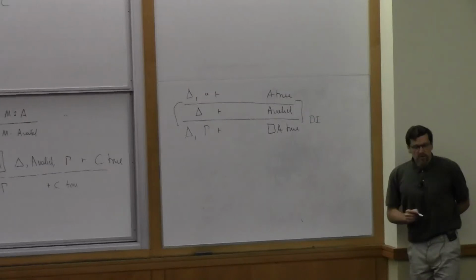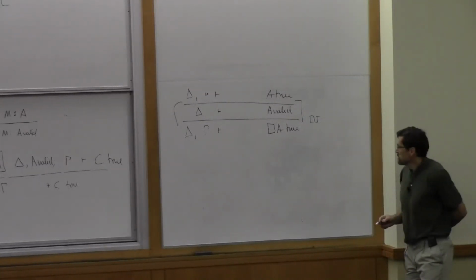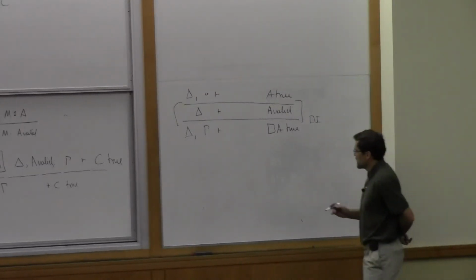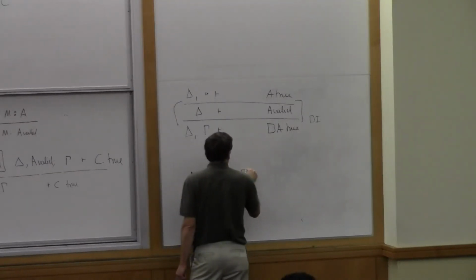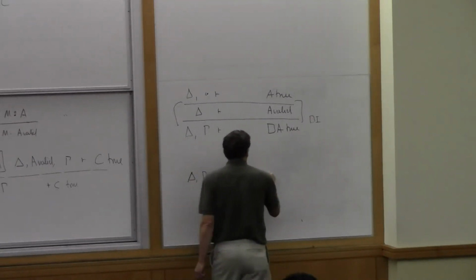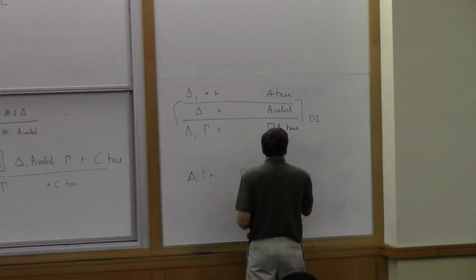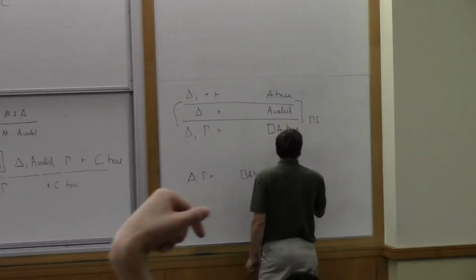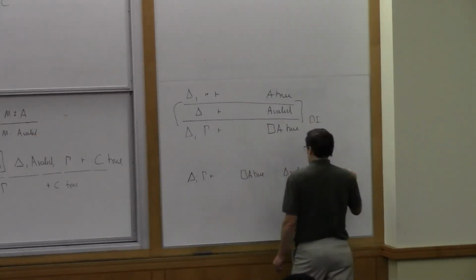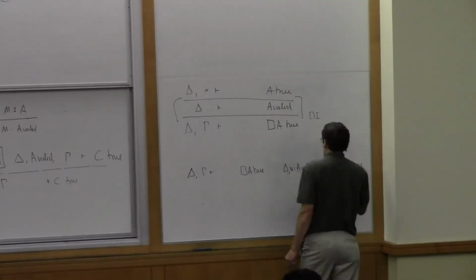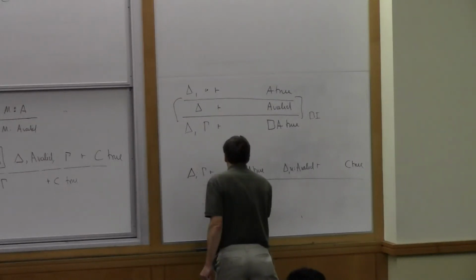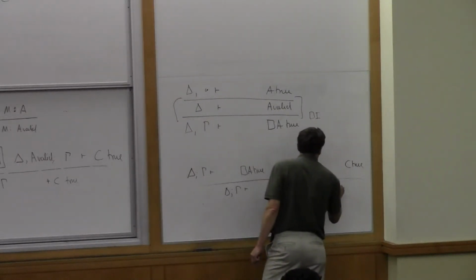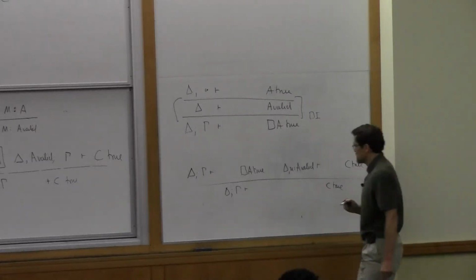And the box elimination rule is a little bit tricky. And again, if I had more time, I would give you more alternatives. But it has to look like this. So if in delta and gamma you can prove that box A is true, then you're allowed to assume that A is valid while you prove C is true. And then you conclude in delta and gamma C is true. So that's our elimination rule.